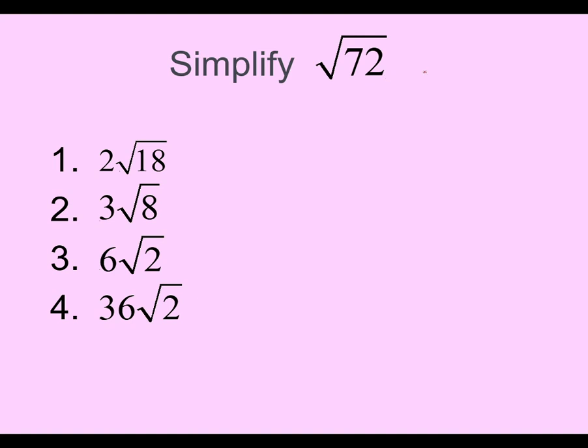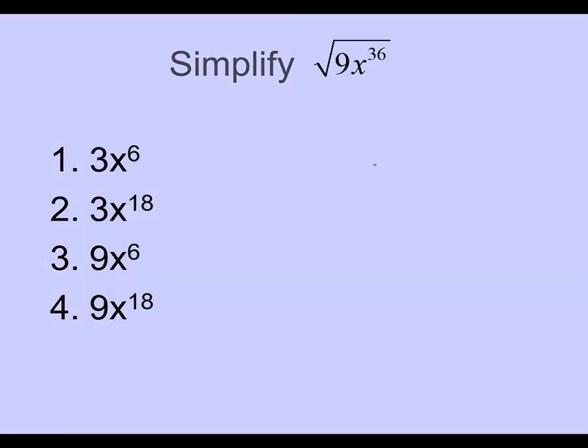So, exercise. Simplify square root of 72. Pwede nyo i-post. And then, try nyo sagutan. The answer is 3, no? So, square root of 72 is 36 times 2. 36 times 2 is 72. That's why 6 square root of 2. Number 2, square root of 9x raised to 36. So, even siya, kalahati. The answer is